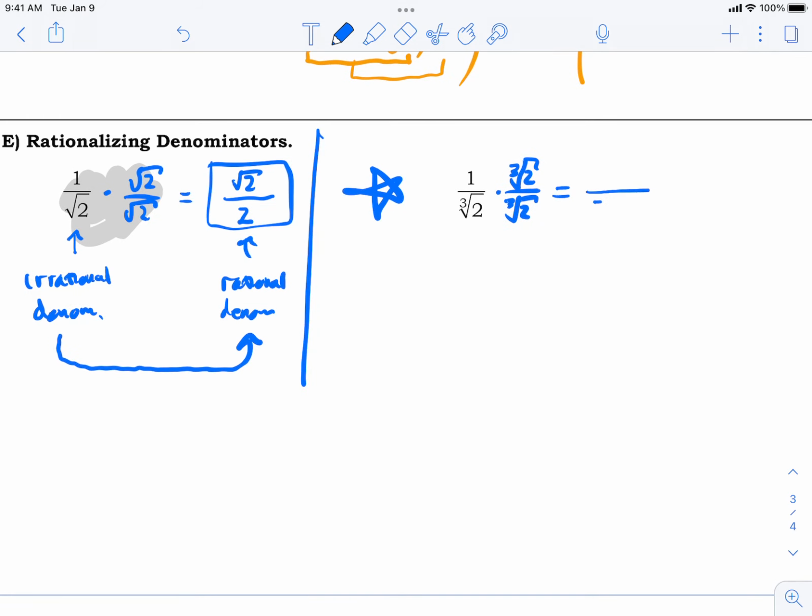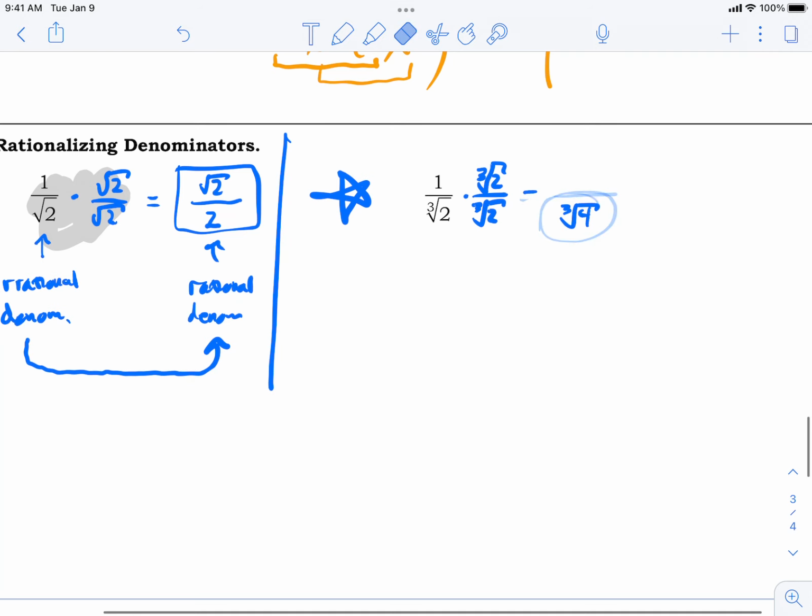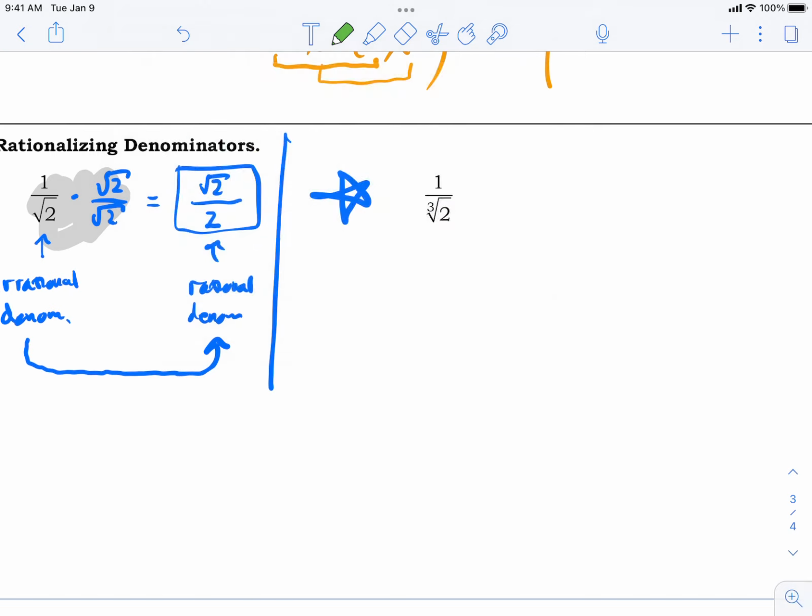The cube root of 2 times the cube root of 2 is the cube root of 4, and we can't simplify that. We struck out. It doesn't work. Uh-oh. So what are we going to do then? We need a new thing. We need a new color, and we need a new thing. The new thing is to say, well,